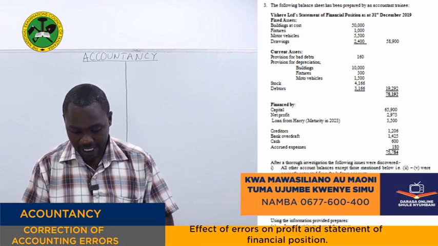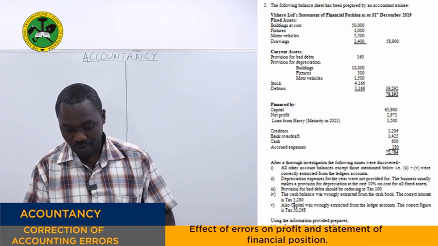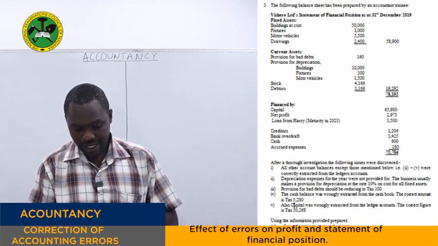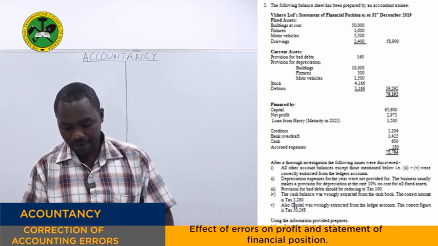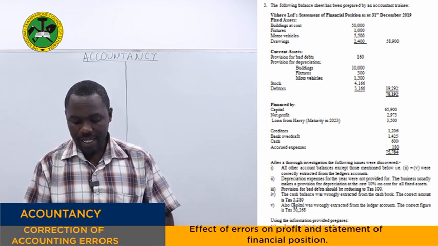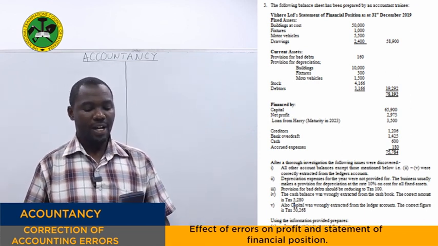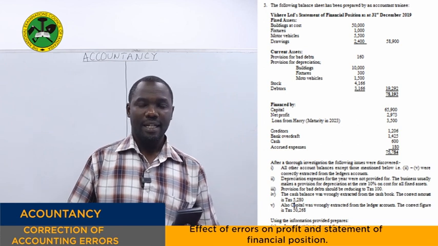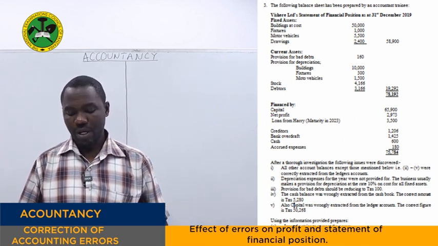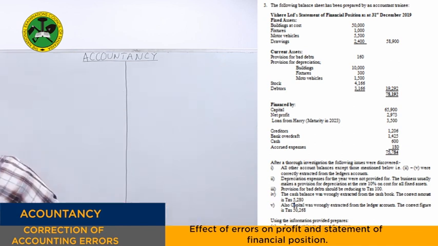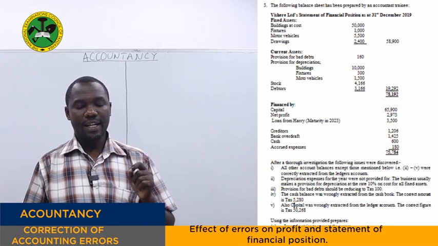The asset side, that is 78,192 minus the liability 75,784. The difference in our question is 2,408. This is not the real difference in books. First of all, before we proceed, we need to redraft this statement of financial position,